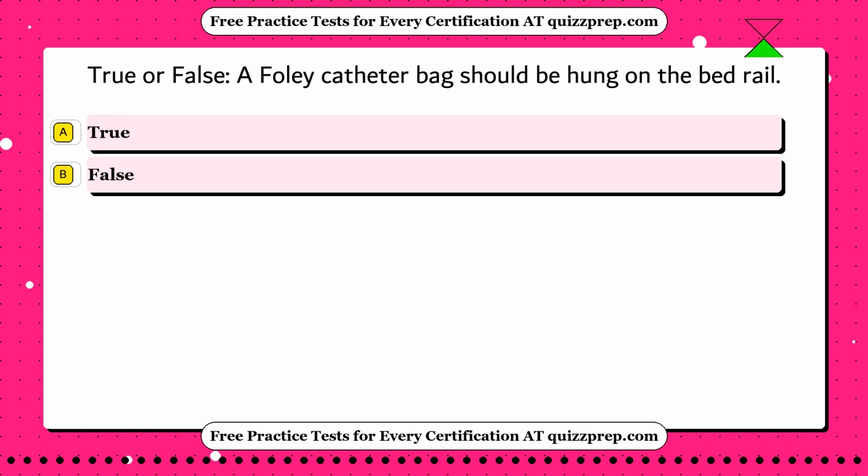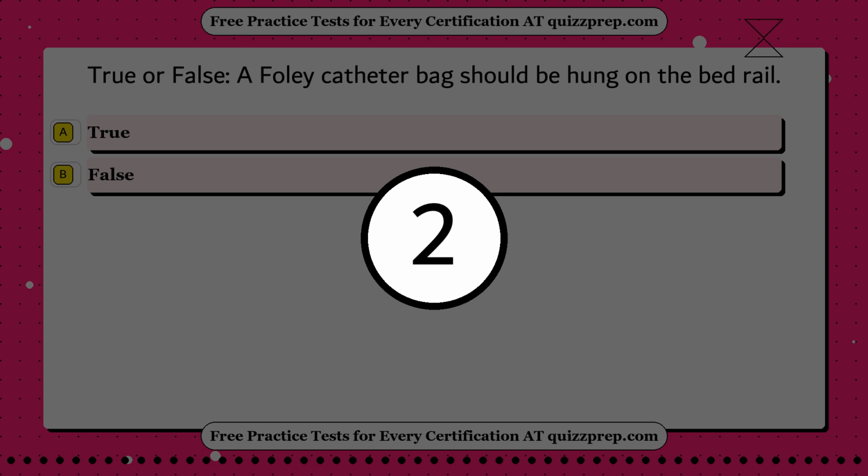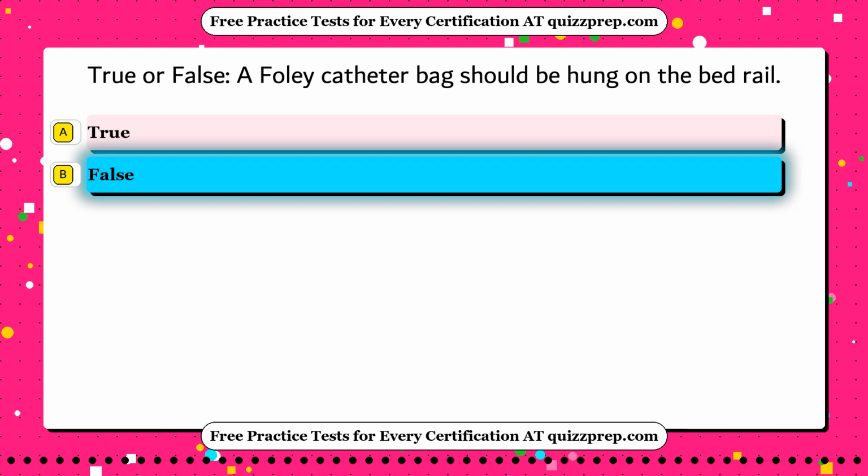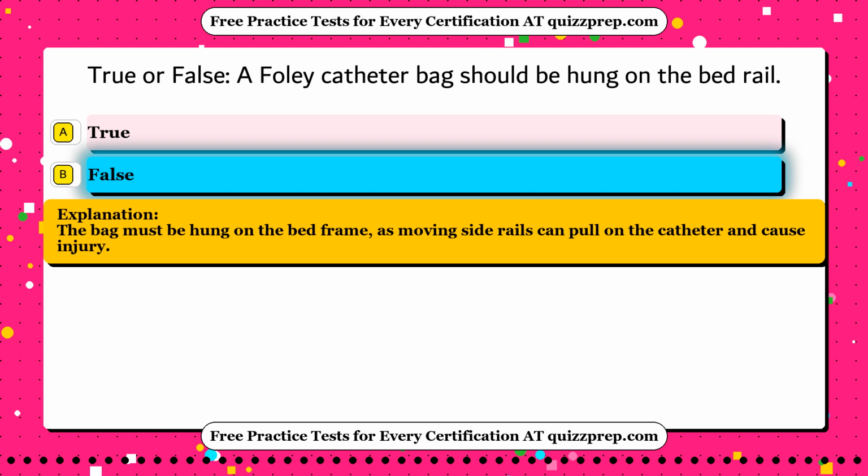Question 63. True or false, a Foley catheter bag should be hung on the bed rail. Option A, true. Option B, false. The correct answer is option B, false. The bag must be hung on the bed frame, as moving side rails can pull on the catheter and cause